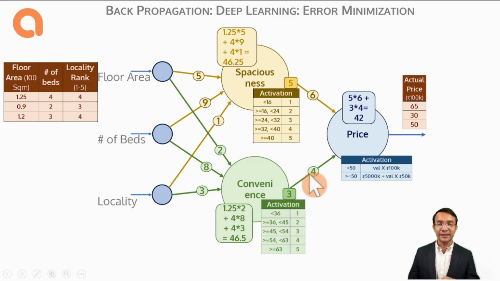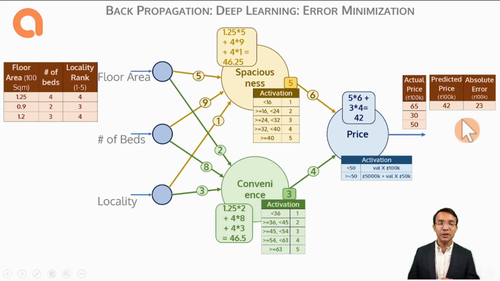Given these 6 and 3 are just random coefficients, we add up 5 multiplied by 6 and 3 multiplied by 4. We add these two products up to get a price coefficient of 42, and then we apply the activation of price on this factor 42, which is going to be